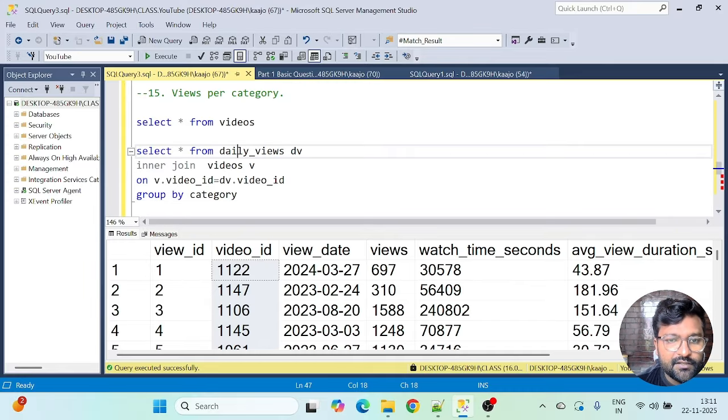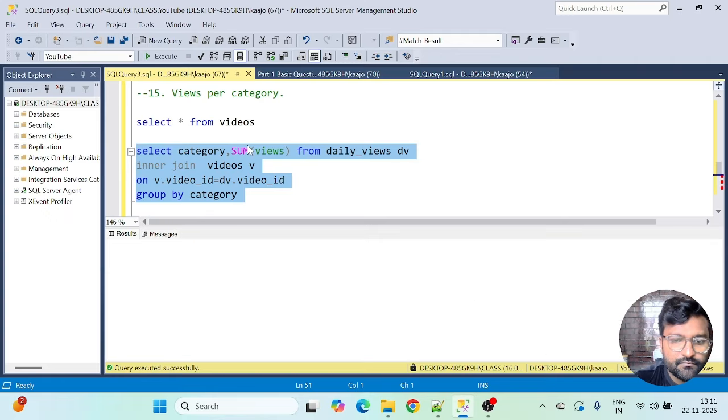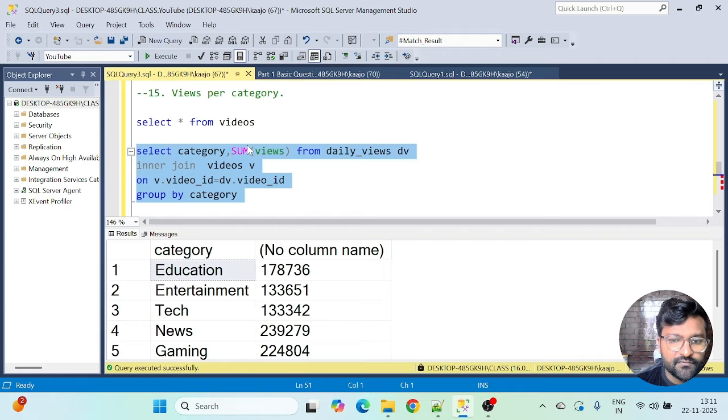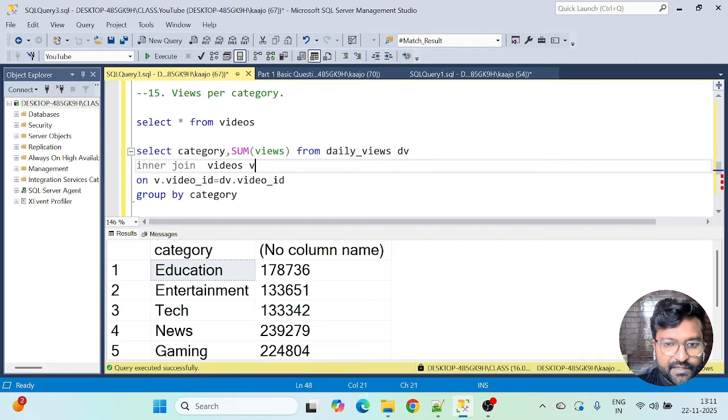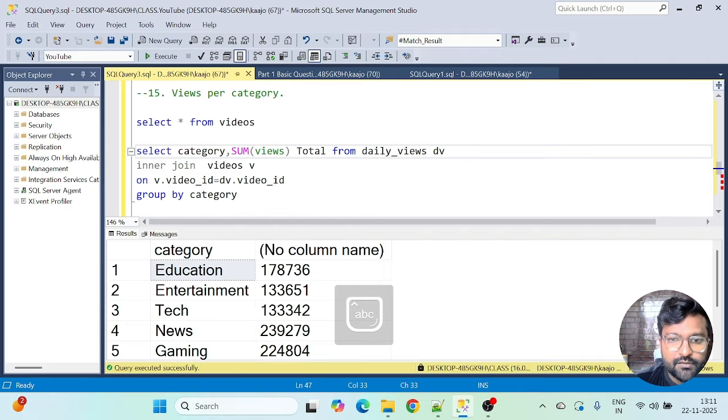Category and views will be coming from this daily views table. So we can get category here, and let's say sum of views. Right, so these are the total views per category. Let's alias it as total views.